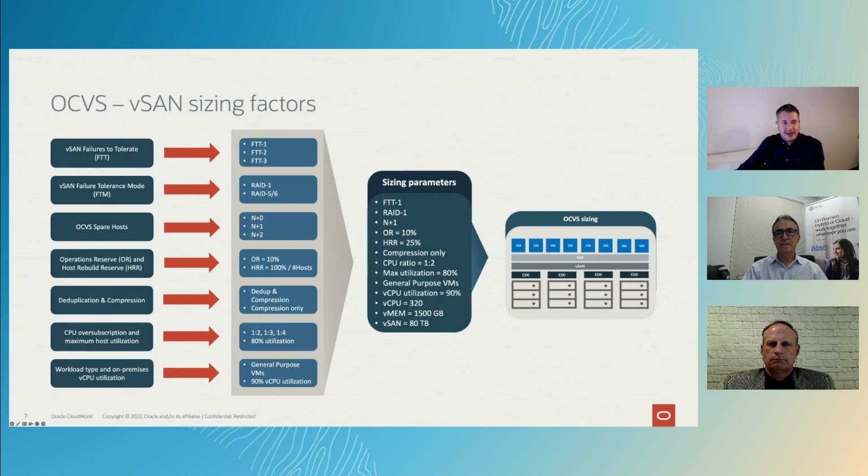The next parameter that is influencing the sizing is the fault tolerance mode, or FTM. This is basically the RAID level that you're choosing to host your virtual machines. It can either be RAID 1, RAID 5, or RAID 6. And basically this determines in the end also how many hosts you will need in the cluster to distribute your